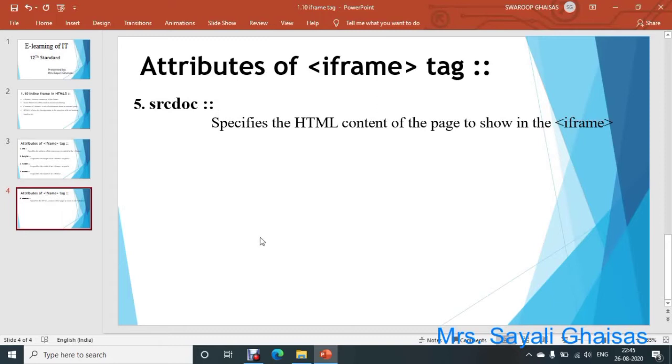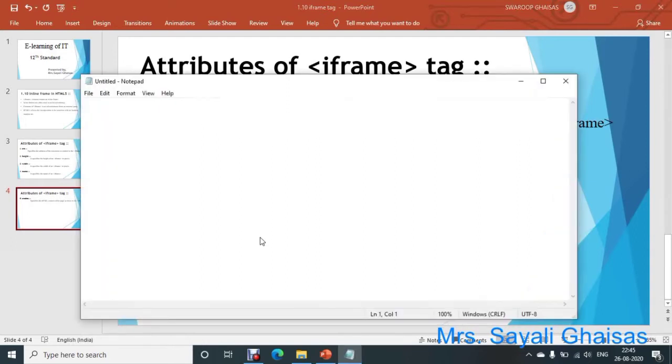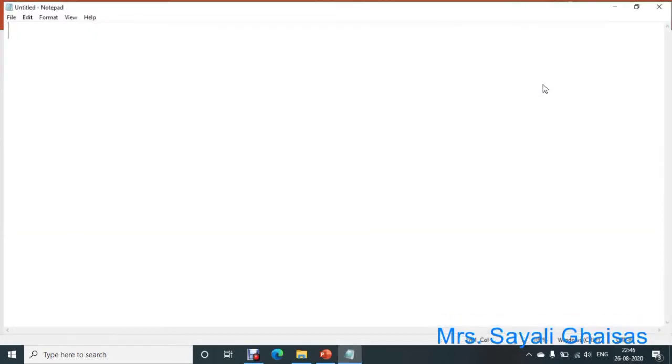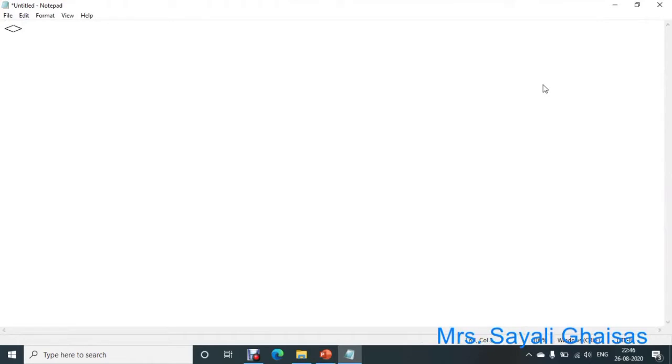So let us write a program to create an inline frame. To write a program, first open Notepad and start writing the program. First, the document type is HTML.